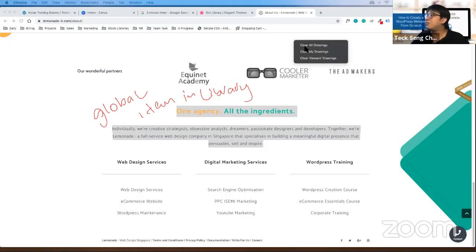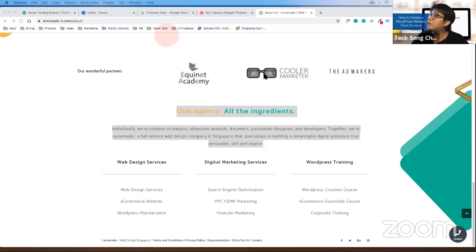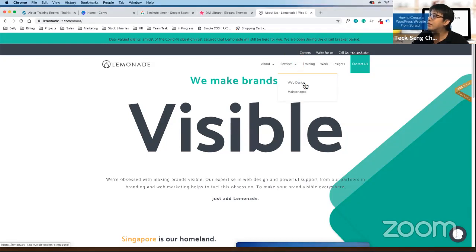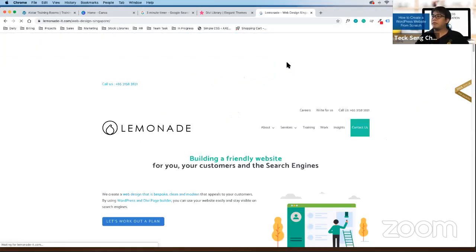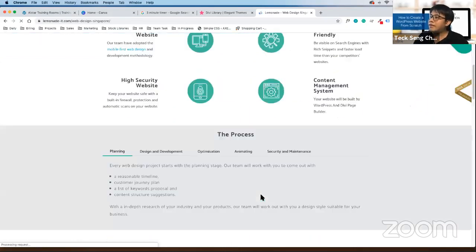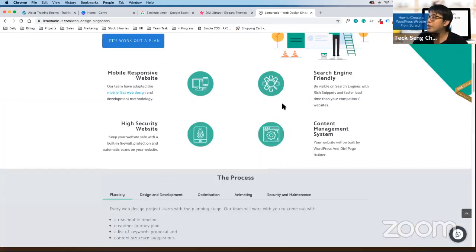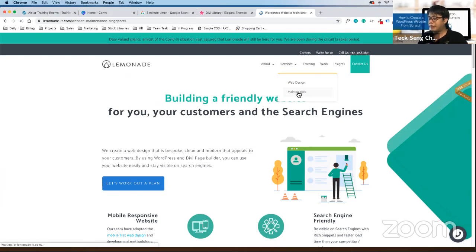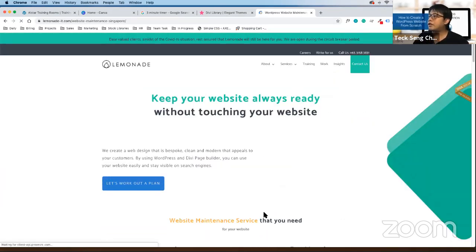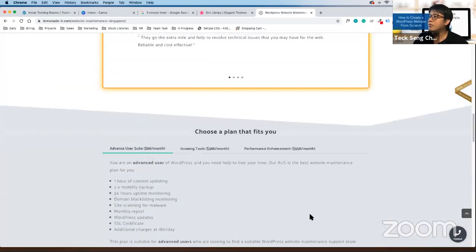Another time that you will be using the library is when you have done something that you like on the design itself. So for example, I go under my web design, and once I have done up the tab over here, I think that this tab is very nice. So what I want to do is copy this tab design and put it in other pages. I can save the whole tab module, and for example I create a maintenance page, and I can put my tab module into the maintenance page. Then I can change it.